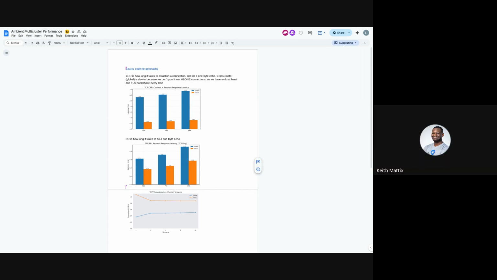Stephen, I was going to ask, did you get this in a reproducible format by any chance? Yeah. There's a link at the top. Oh, perfect. Great. It's not exactly polished, but it should be pretty easy. Cool, that's awesome. The good news for me, as we talk about what multi-cluster ambient looks like across the feature status, one of the big questions for me initially was, if double HBone turns out to be horrible for some reason, do we want to lock that API in?